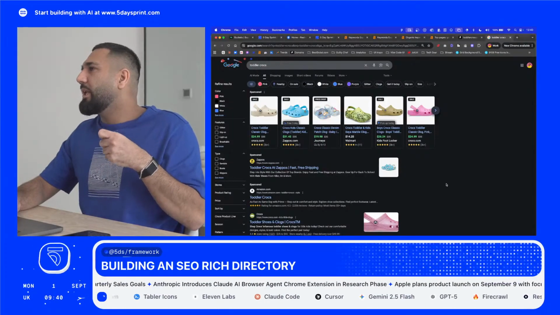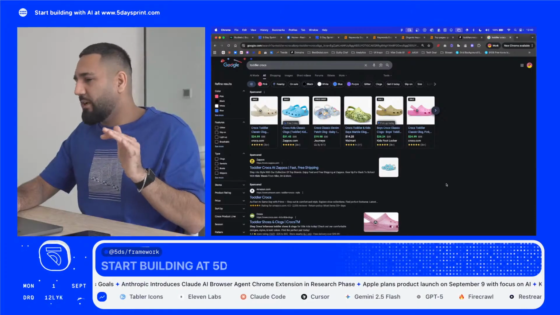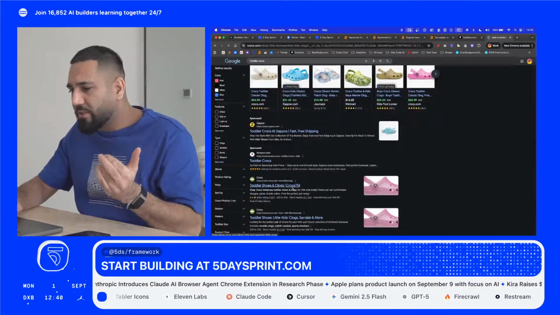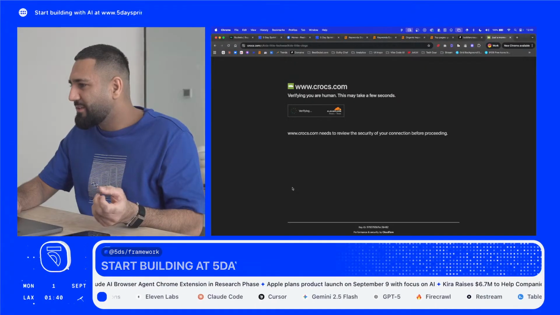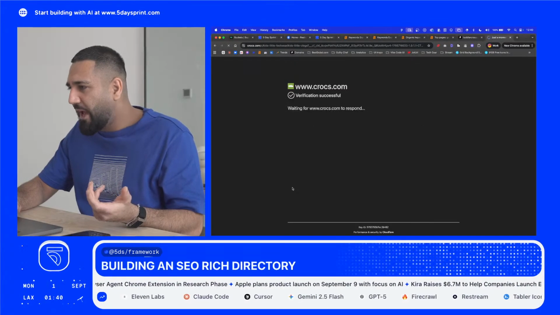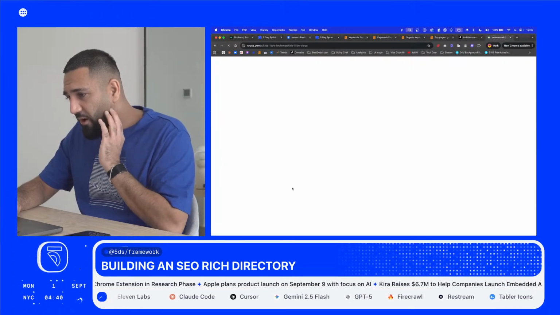you could get live data from, yeah, this is crazy. You get live data from the actual Crocs website of all the SKUs they have and compare them between different Crocs, and then have,